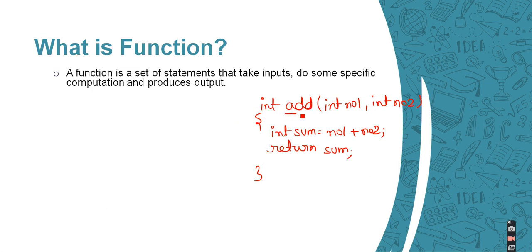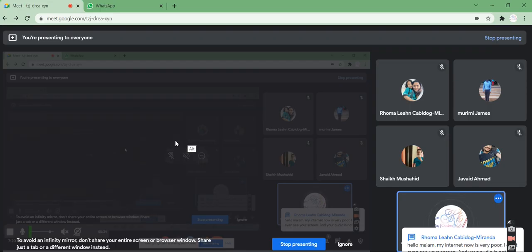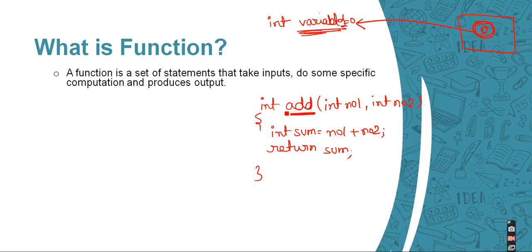What is the name of the function? This is the function name. Just like we create our variables, variable1 or variable2. Whenever we create a variable, a separate memory location is assigned for this variable, and the name of this location is termed variable1. And whenever we initialize some value, that value goes inside this memory, right? So in the same way, this is our function, and the name of the function is add.